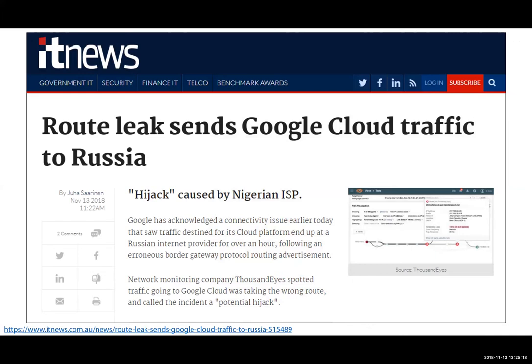Okay, one more quick news story. This is just a sort of a flashback to something that we saw a couple of weeks ago. Route leaks sends Google Cloud traffic to Russia. So this happened again just the other day. A misconfigured router,